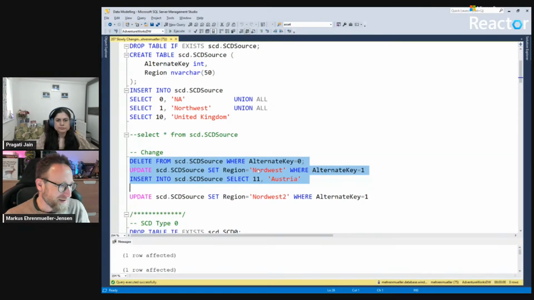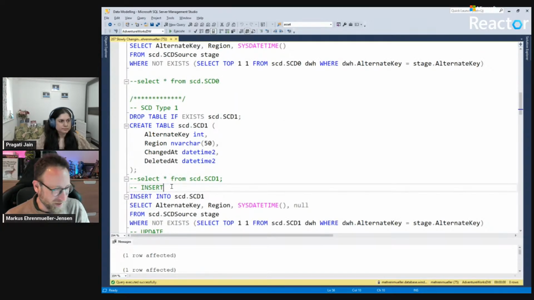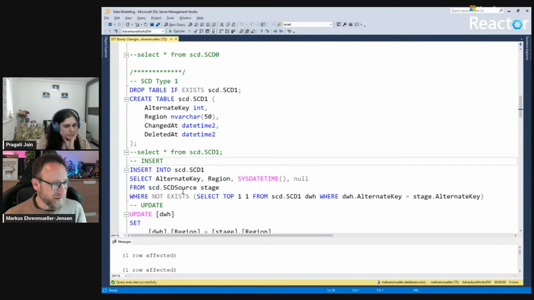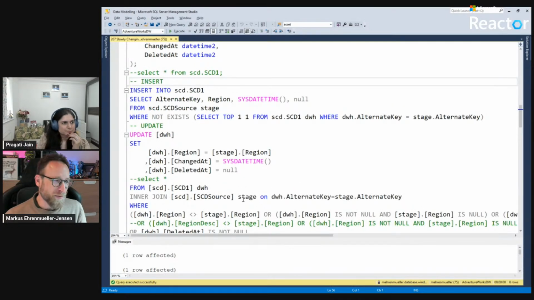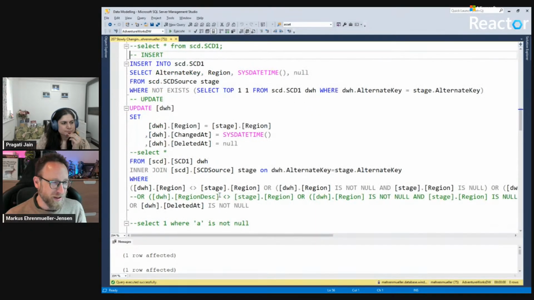If I run it again, jumping to my concept of the slowly changing dimension, I don't recreate everything, but I just run my insert statement, which looks up insert anything which wasn't there before. I update everything which is there but changed, right? So I'm looking for changes where the region, for example, changed. And sometimes we have to be very specific here. If this is nullable, we need to be really careful. With the newest version of SQL Server, it also allows you to do a comparison if something is null or not, and then make it an easier script here.